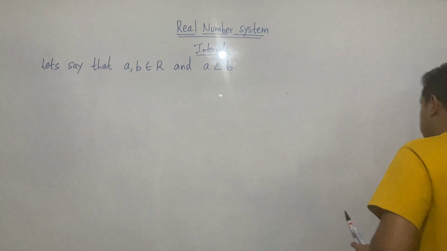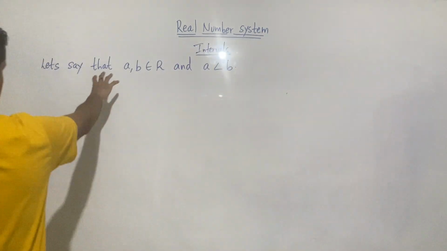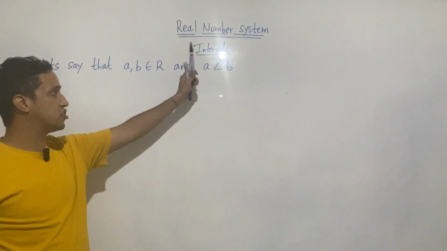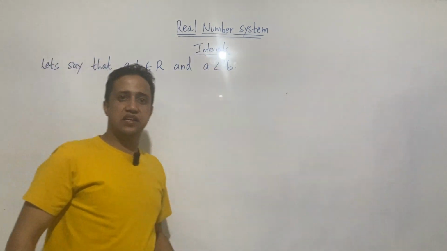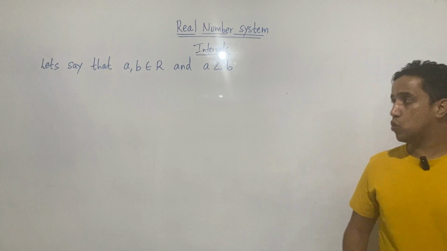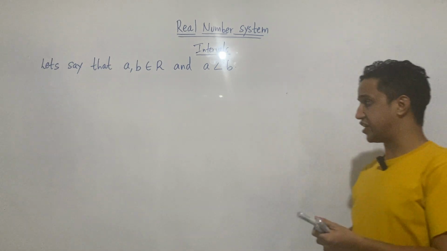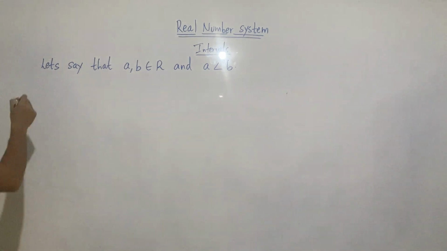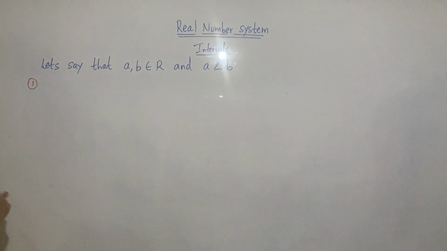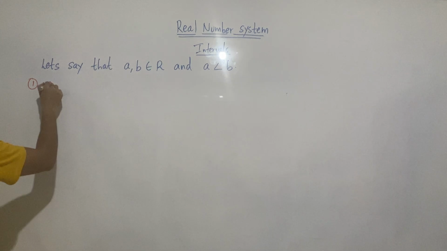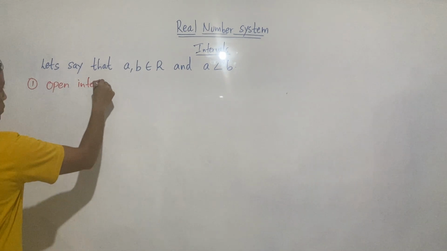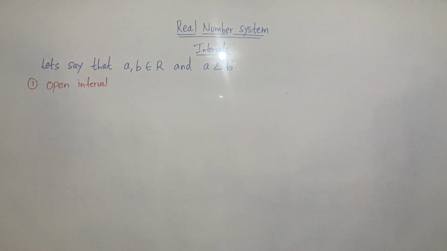So here we assume that we have two numbers, a and b, and these two numbers are real numbers, and we define a is less than b. So what types of intervals can we get here? We will start with the first one. The first one is going to be our open interval. Open interval means that it is defined